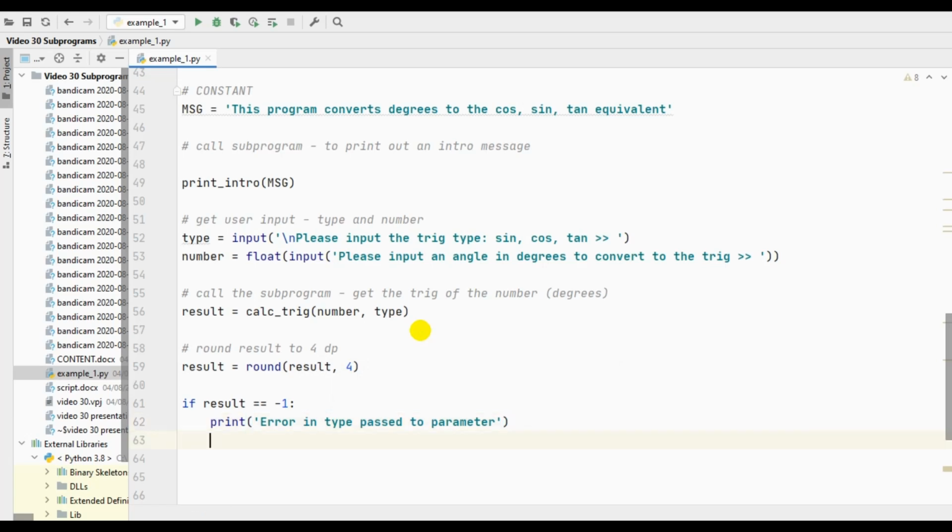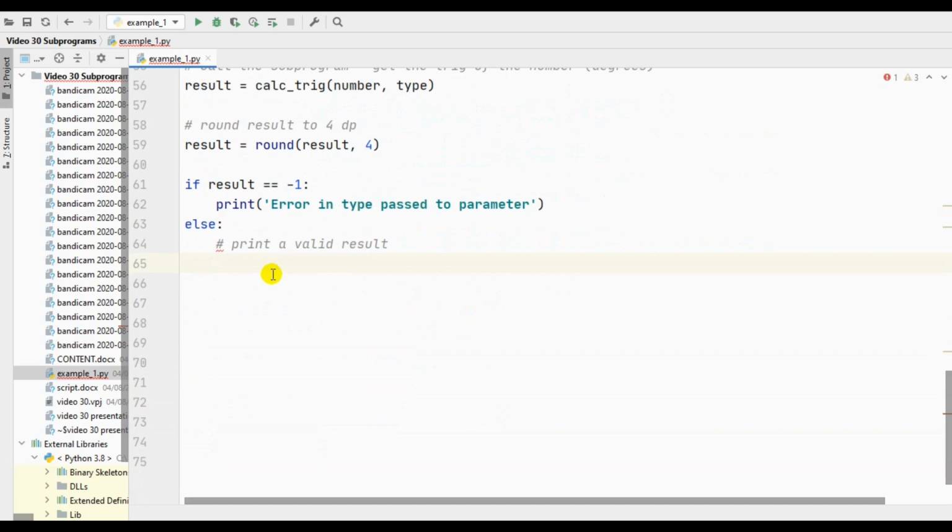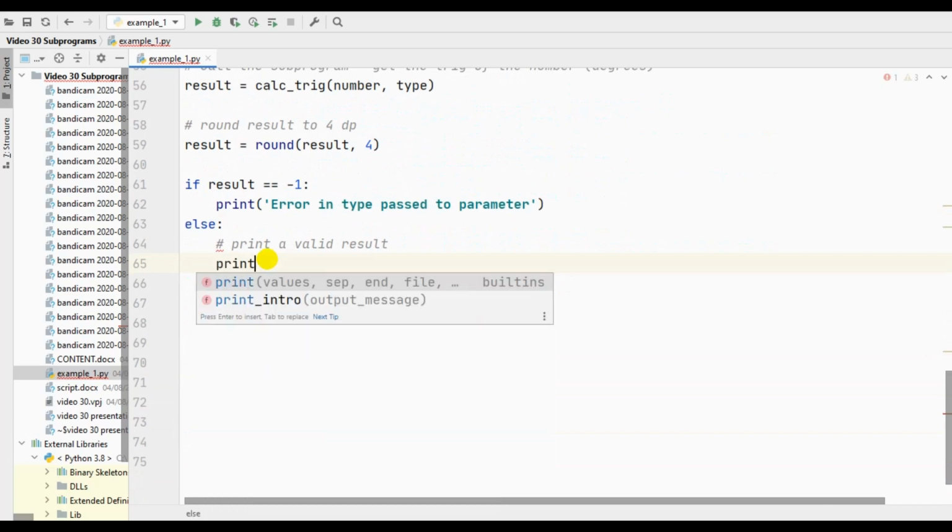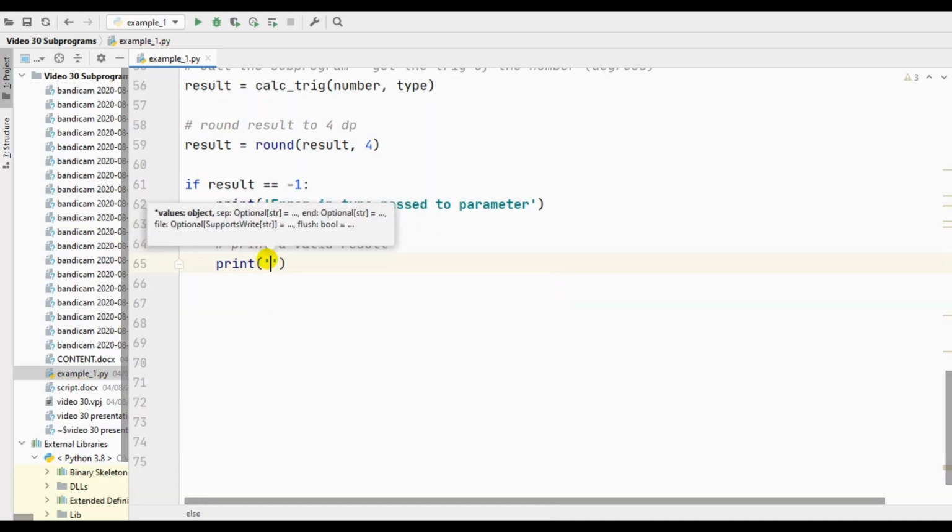Else we can do a proper printout now, can't we, because we've got a proper result. So else we will say print the result, or print a valid result, and our valid result, we want format for this, so I will say, let me just move that up a little bit so you can see more clearly. Let's say print, and then I'm going to want a new line again, so let's put in a new line character, and I will say the type